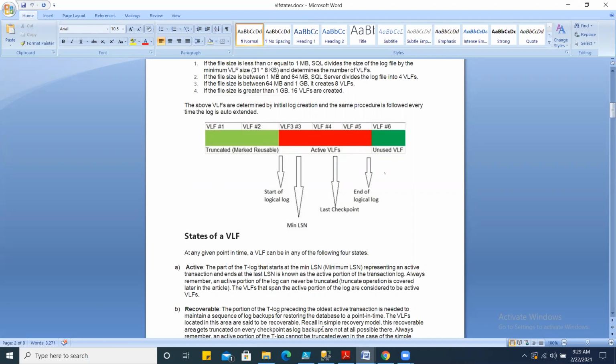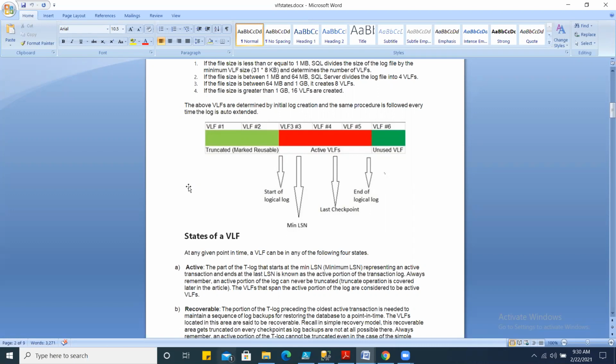So when you take a transaction log backup of a database in full recovery model, the VLF state is changed. Only when the VLF state is changed do you see that the transaction log space is free now. So what are those states that we have to understand?